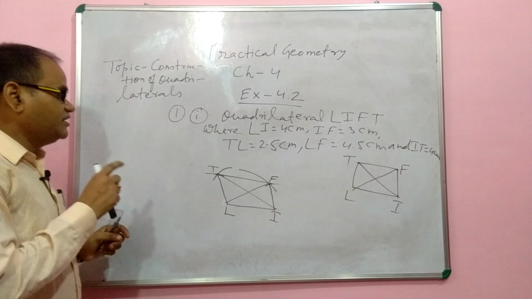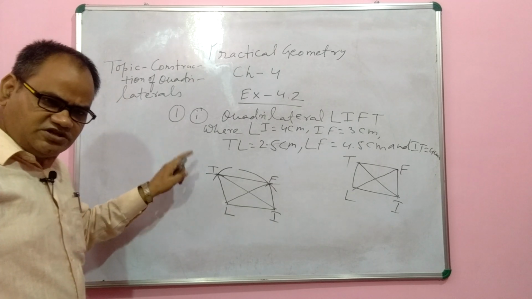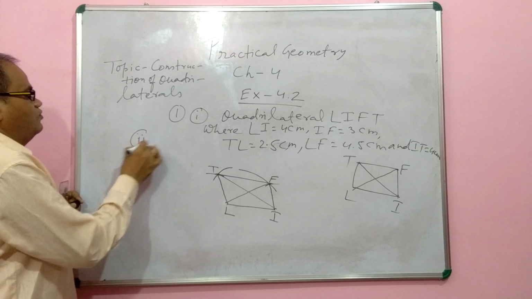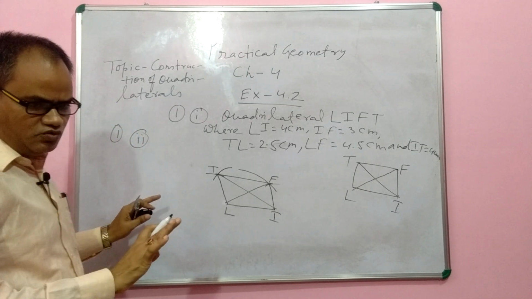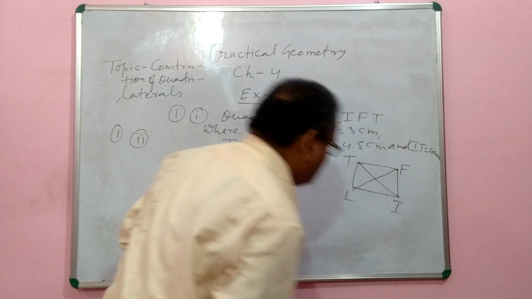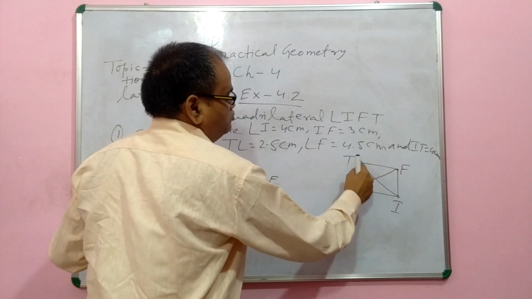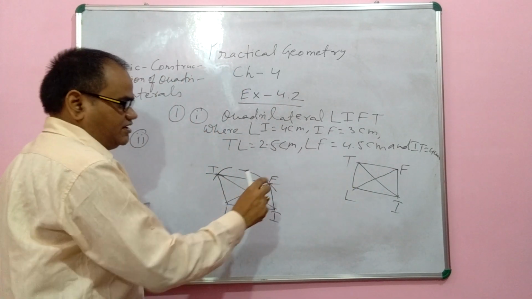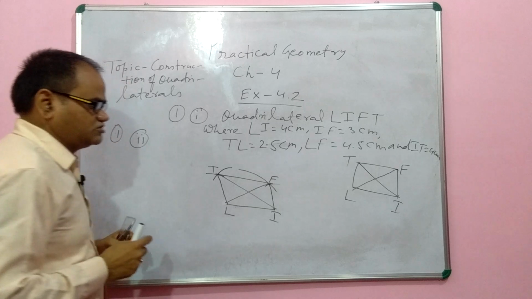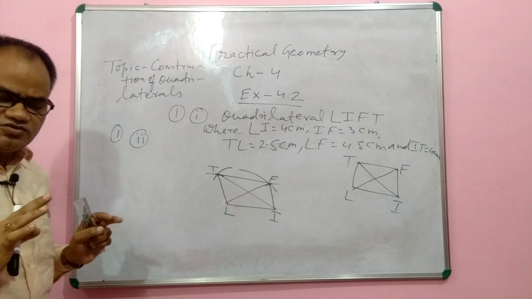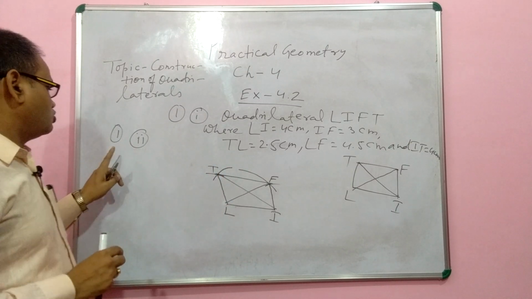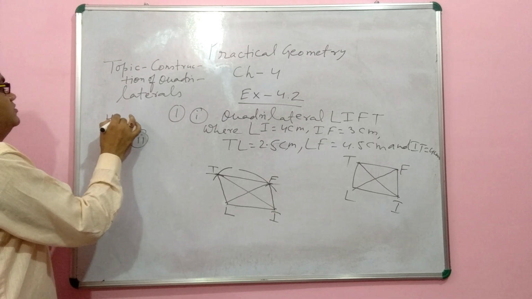Okay. Now with the help of this diagram, you can do question number 2 of 1. Same thing you have to do. No need to change anything. Just draw a rough diagram. What is given here? Given quadrilateral GOLD. So first you draw GO, then you draw the 2 diagonals, and then you join the diagonals and all the sides. You will get your quadrilateral GOLD. In this way you will construct GOLD. So question number 1, second, I am giving you as homework.